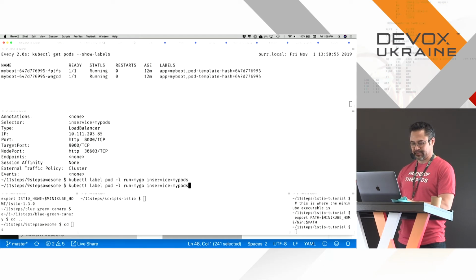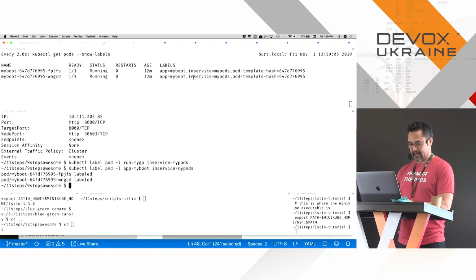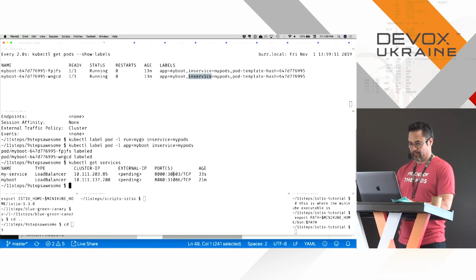And, okay, in service my pods, right? And then kubectl label, not my go, but app equal my boot. We should see the label show up there. There we go. Get services again. And it is this one right here, 30... Okay, so curl